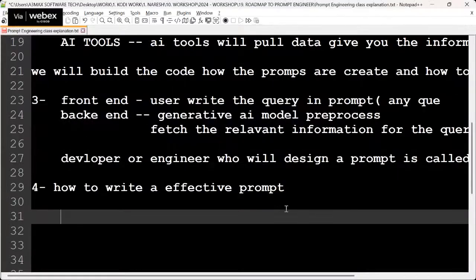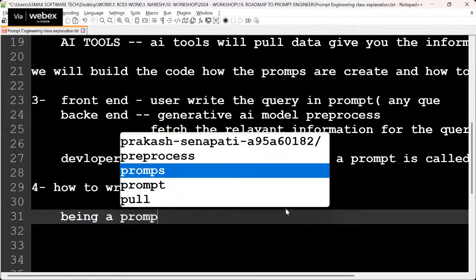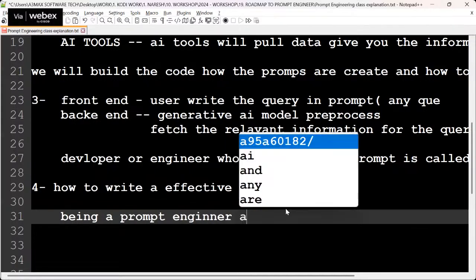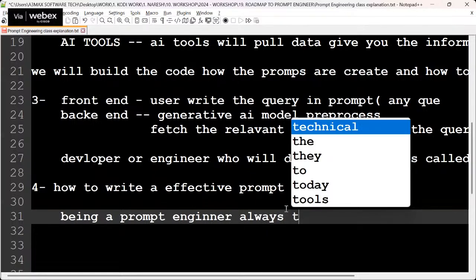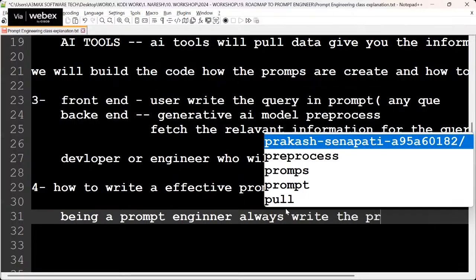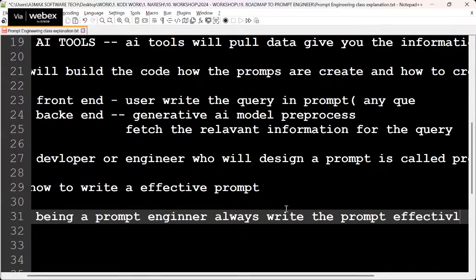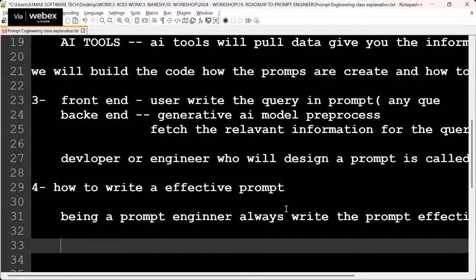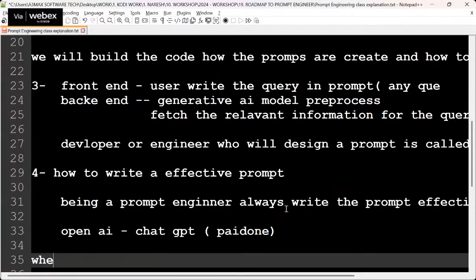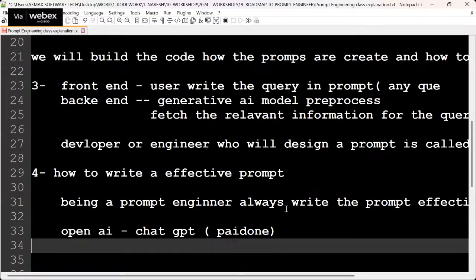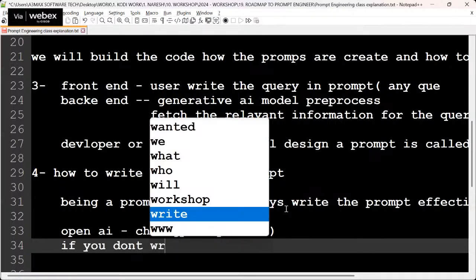I want to make one very important point. Being a prompt engineer, always write the prompt effectively. The reason is that OpenAI ChatGPT is a paid one, guys. It's not given freely. And in a company, whenever you're working as a ChatGPT developer, OpenAI engineer or LLM developer, if you don't write the prompt effectively,